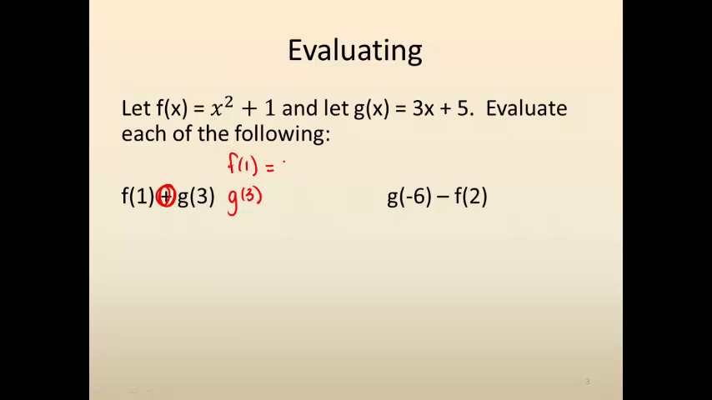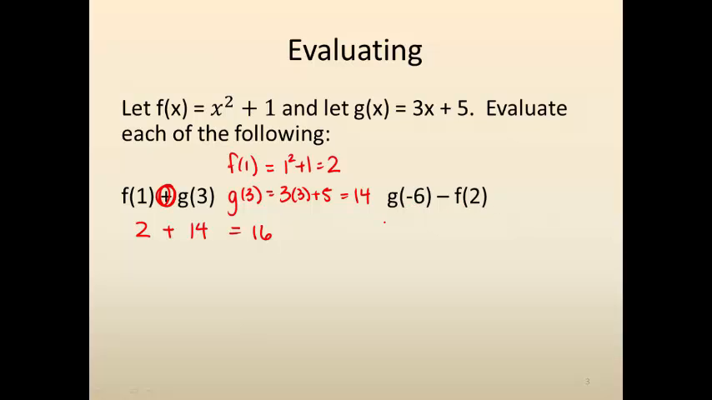So f of 1 is 1 squared plus 1, which is 2. And g of 3 is 3 times 3 plus 5, which is 14. Because I want f of 1, which is 2, plus g of 3, which is 14, I simply add them together, and my final result is 16. Now the g of negative 6 minus f of 2 is